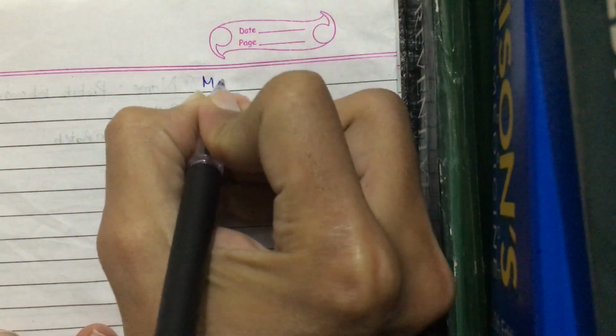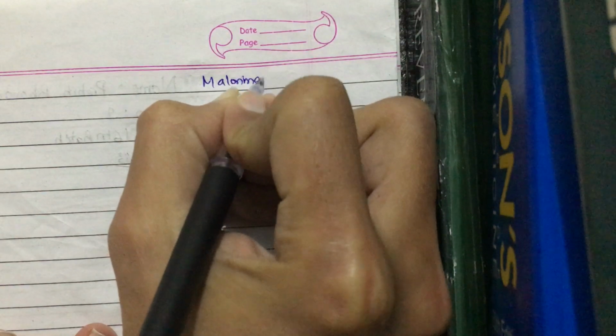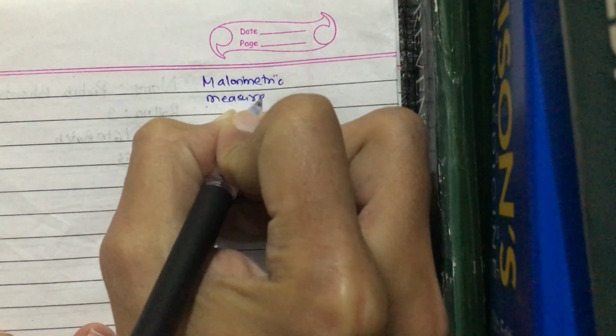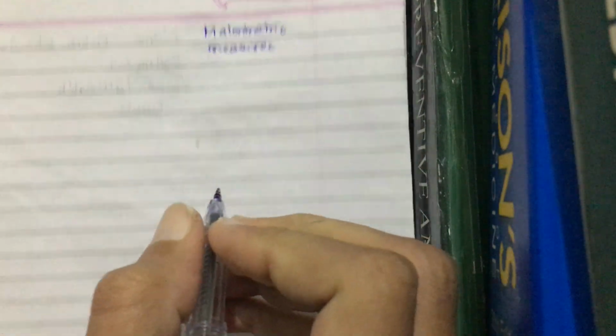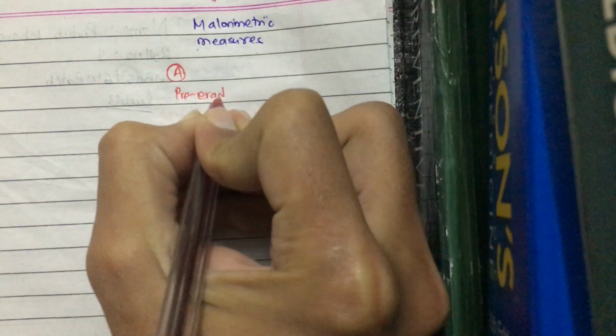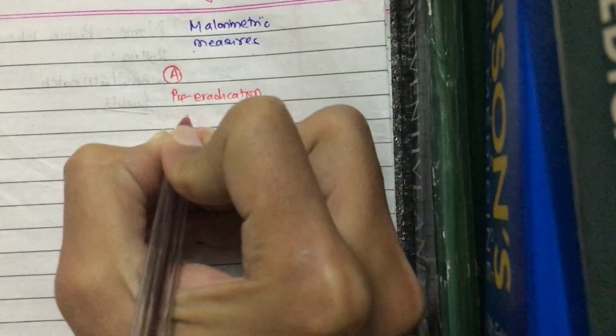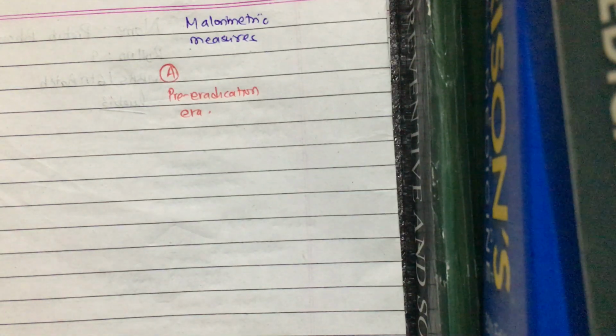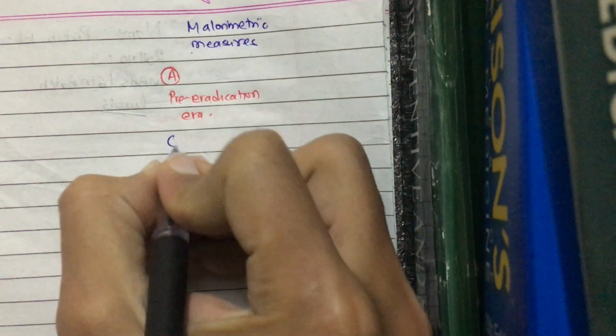So in this video, now let us discuss the various malariometric measures. Malariometric measures are the measures we use for the measurement of malaria in a community. Okay, the malariometric measures that were used in the pre-eradication era and the eradication era are different. In the pre-eradication era, malaria was mainly measured from the clinically diagnosed